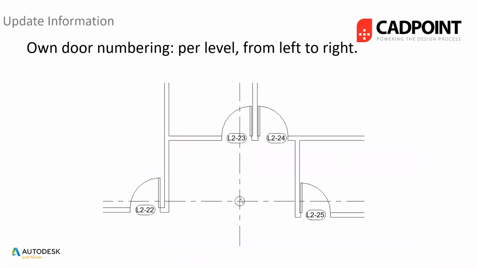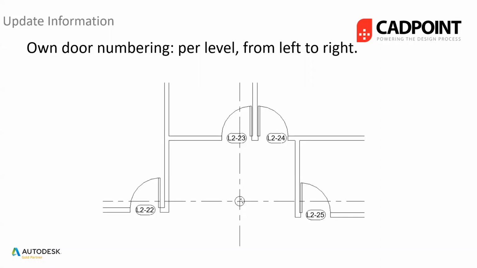Being able to renumber information as well. So this particular script, there's no door numbers applied to this building whatsoever, but you can ask Dynamo by running a script to renumber every single door sequentially from left to right. So you can see here it's going from 22 on the left, the next door is 23, 24, 25, and this can, if you can imagine, if you have hundreds of doors in a building, and if